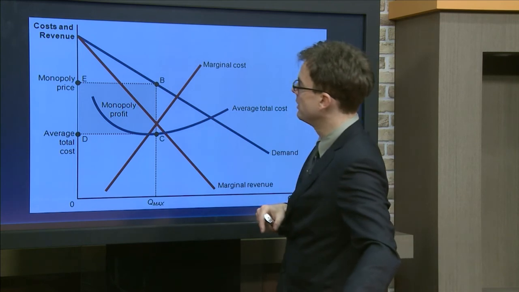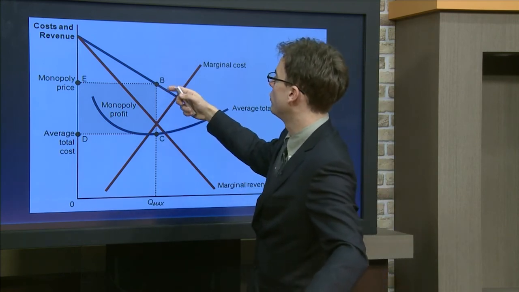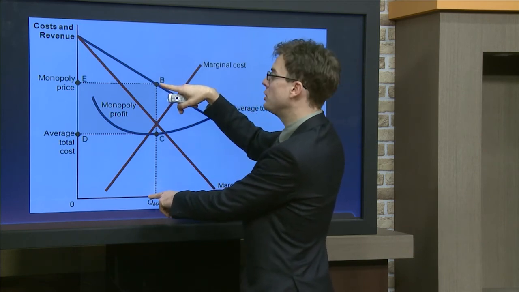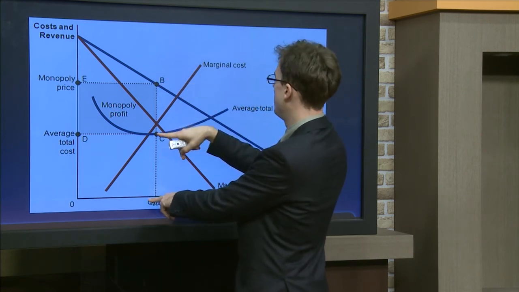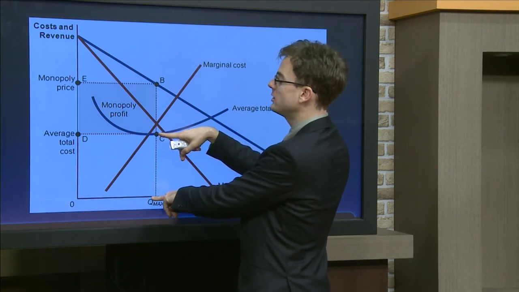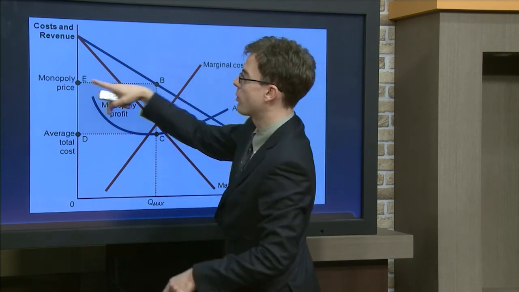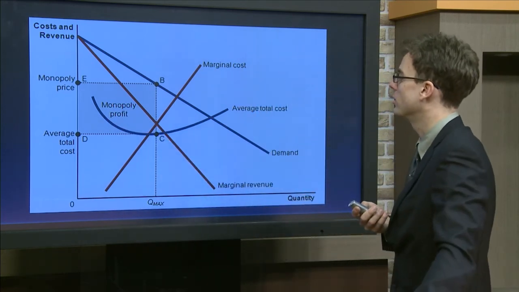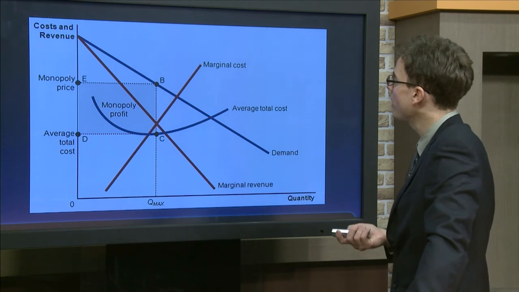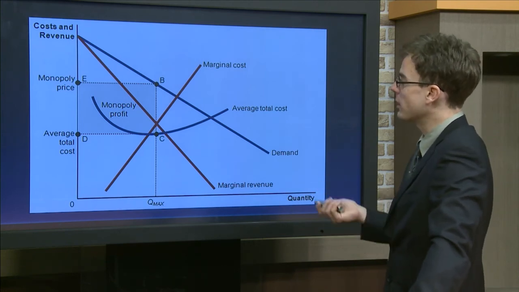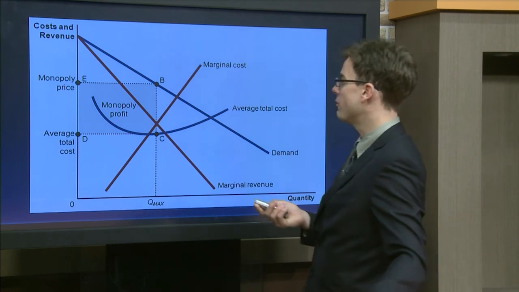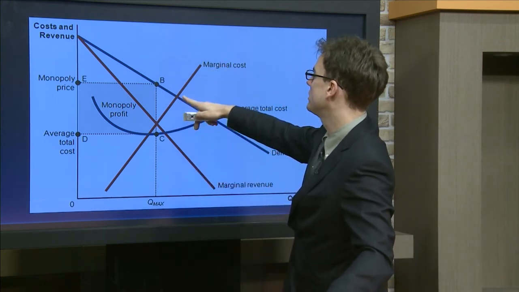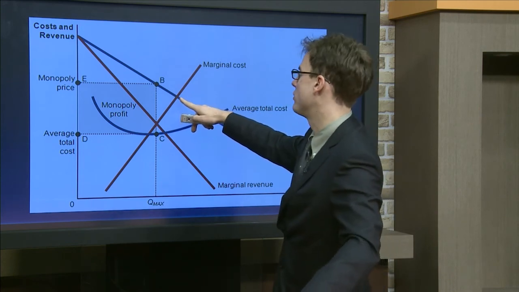Okay, and finally, we can look at the difference between this price, which is the average revenue of the monopolist, and the average total cost of the monopolist to derive profits that the monopolist earns. Okay, how does this compare to a perfectly competitive outcome? Well, in a perfectly competitive industry, we would say that this is the market outcome, where marginal cost is equal to price or average revenue,